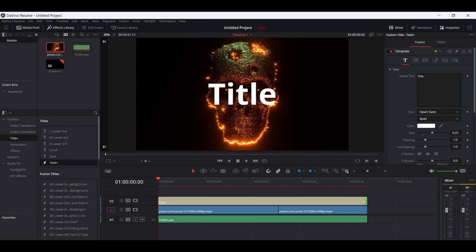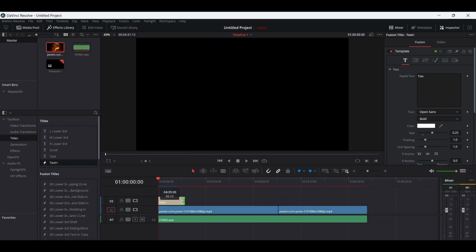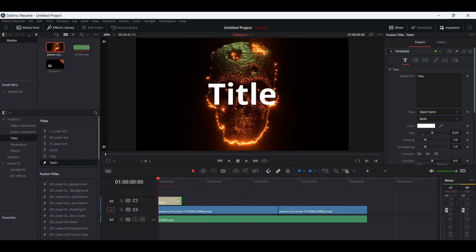So I'm not going to do that. I'm just going to have it for the first section of the song. I'm literally just going to have it at the start. So if you click on that and then go into this window up here, you can actually go in and type the text in over the title that it's got there, and you can put in the words that you want. So I'm just going to type in the song title,